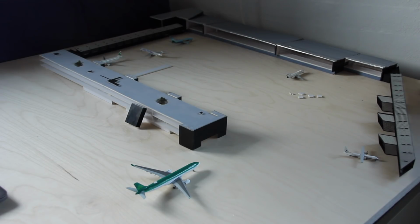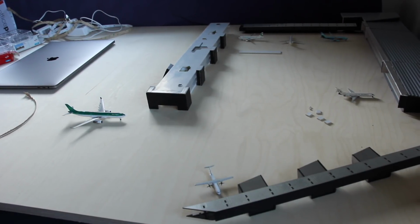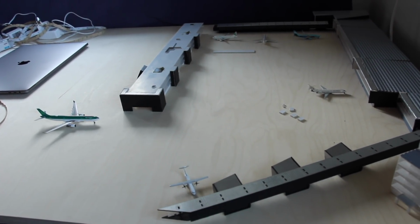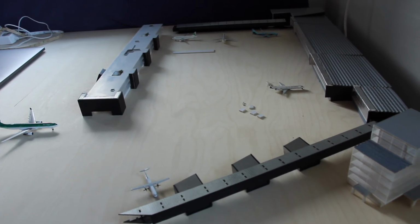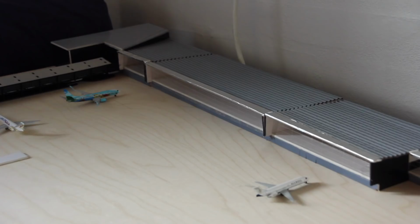Then if you look over to Terminal 1, which architectural wise looks different, which is also a choice. I was trying something different with Terminal 1, which was the first part that I was building at the airport, but also it should have a different look and feel. Basically, I would imagine that this would be an older part of the airport, where, for example, Terminal 2 would be either completely new constructed or being heavily refurbished. Over at Terminal 1, we will have plenty of North American traffic, but a wider mix. So that would be Alaska Airlines, Delta, United, maybe even also some American Airlines, but I'm not quite decided on